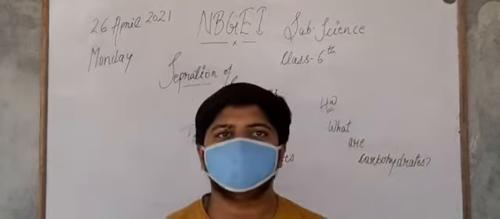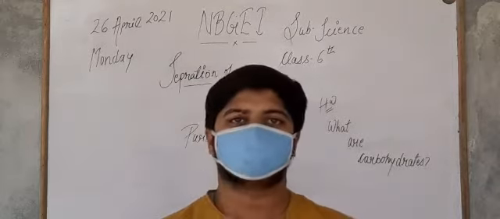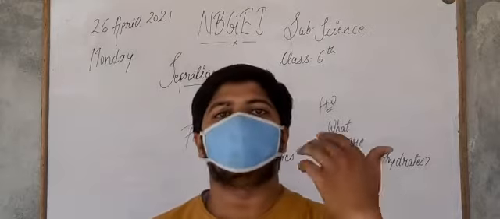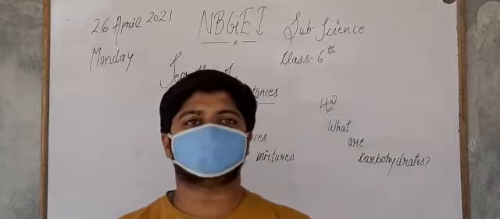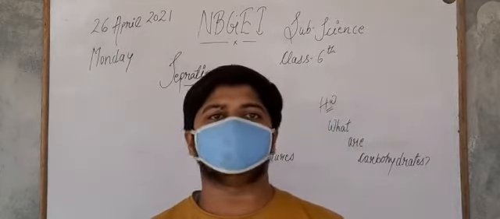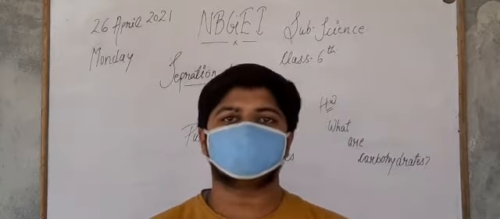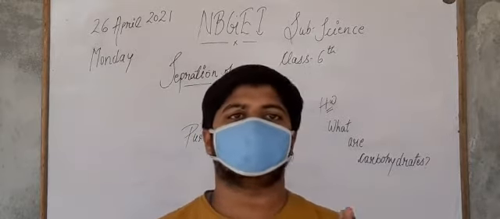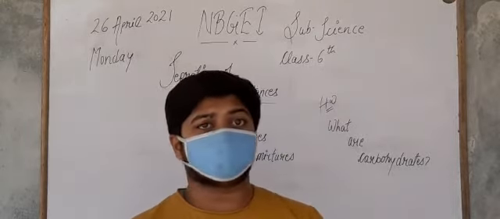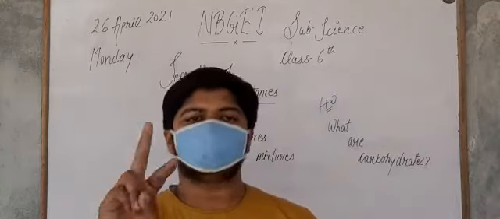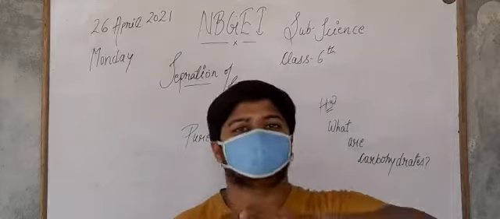For example, gold is composed of only particles of gold. Only particles of whom? Only particles of gold. Particles of no other substance are present along with it, thus it is a pure substance. Sugar, distilled water, and salt are other examples of pure substances. Thus, a substance obtained by mixing two or more pure substances in any ratio is known as what? Is known as a mixture.